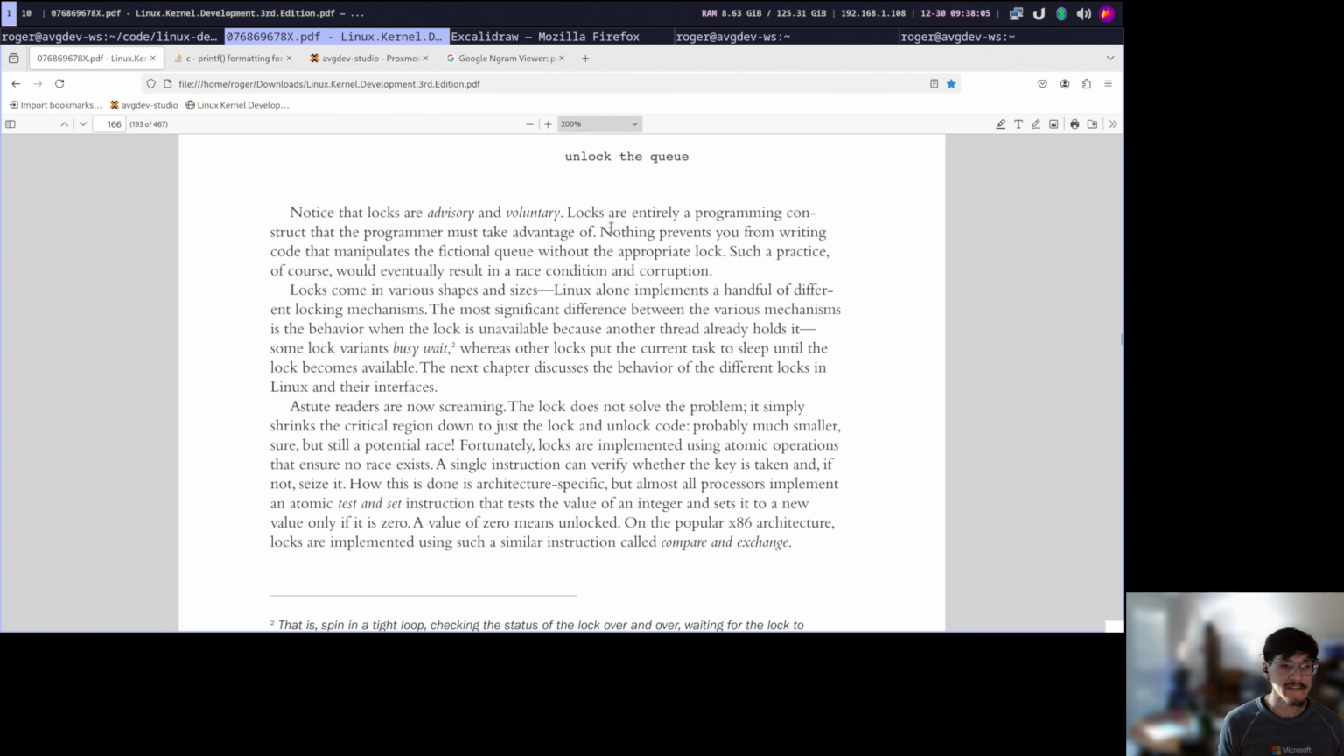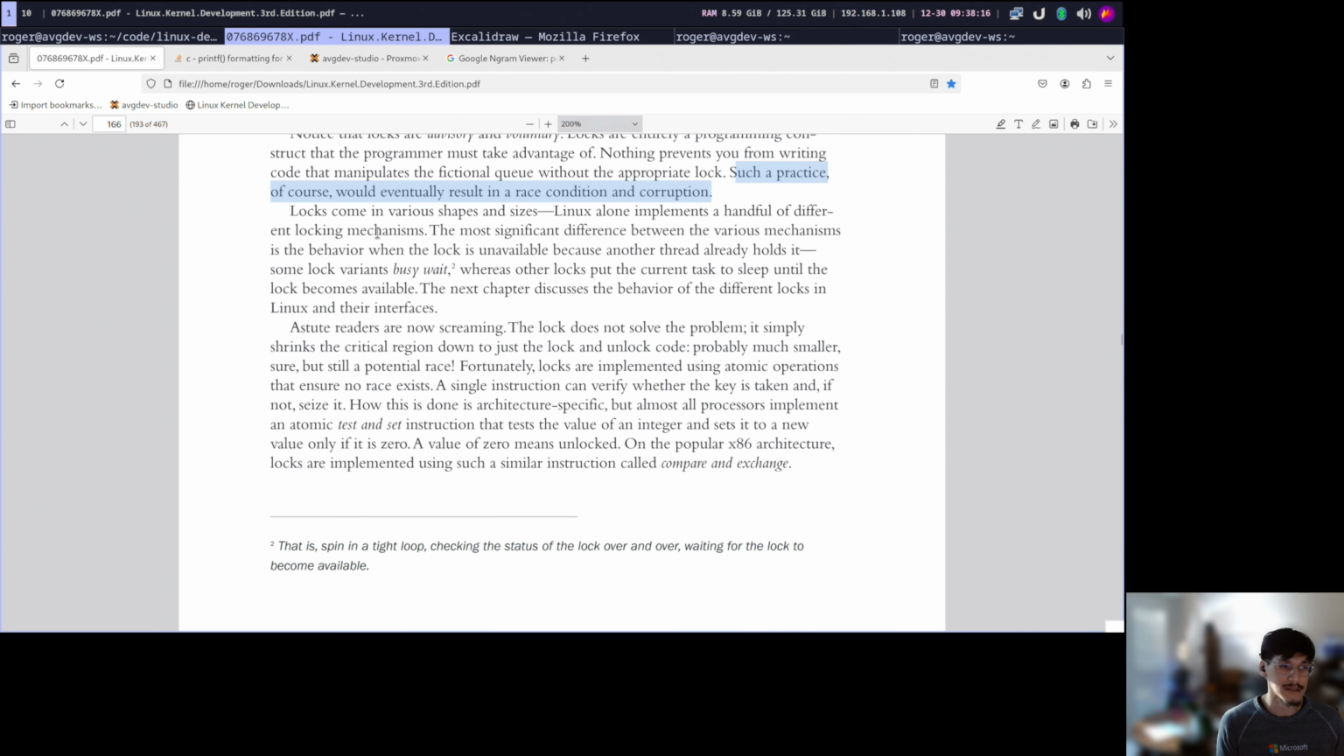So yeah, nothing prevents you from writing code that manipulates the fictional queue without the appropriate lock. Such a practice, of course, would eventually result in a race condition and corruption. So you can do whatever you want with the lock. How you do it is just up to you. Locks come in various shapes and sizes. Linux alone implements a handful of different locking mechanisms. The most significant difference between the various mechanisms is the behavior when the lock is unavailable because another thread already